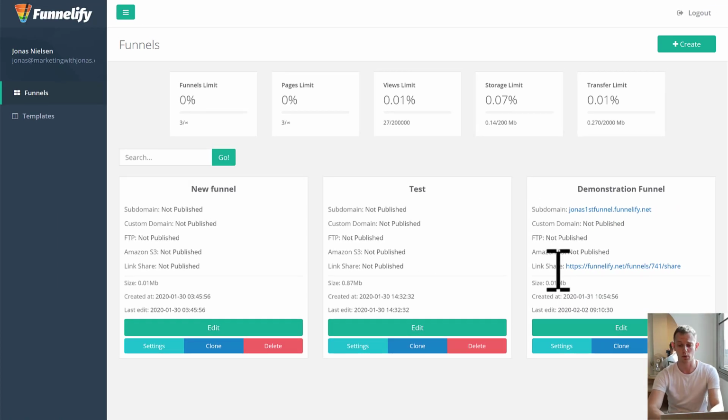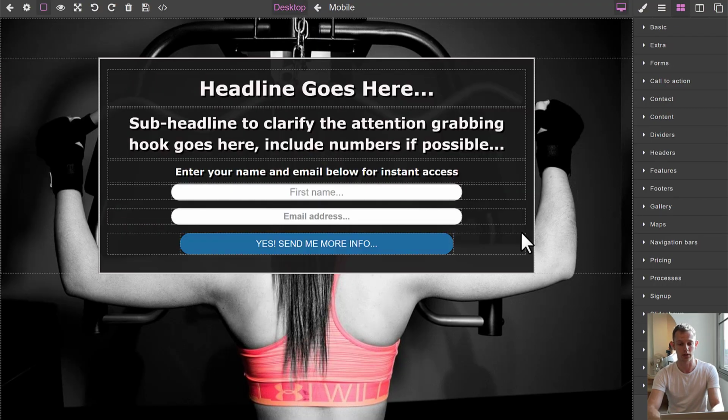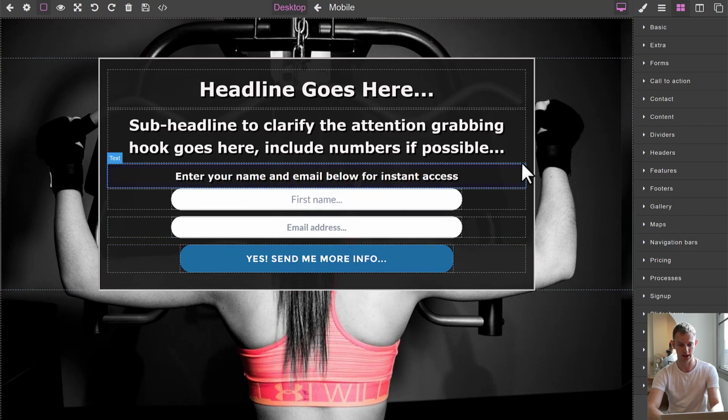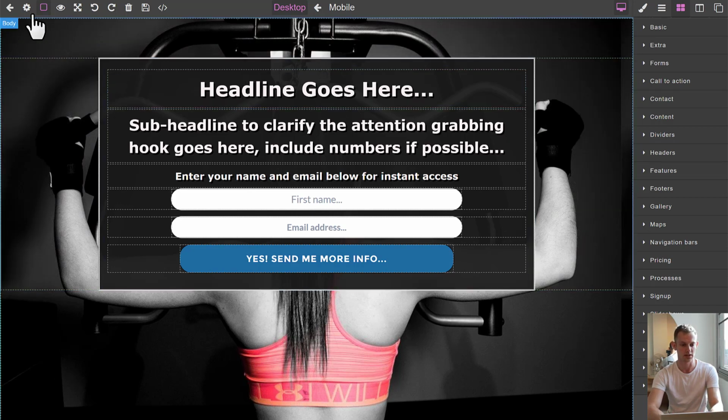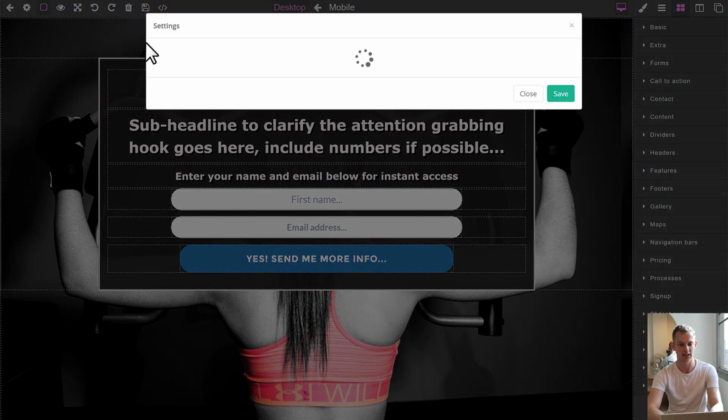I already built one funnel and I'm going to just go into that now, and then I'm going to explain how the dashboard looks and how it works and the basics of Funnelify, and then we are going to customize this that I already built, which is basically a template at this point built by me, and I'm going to share this with you as well as a bonus, because one of the features that Funnelify has is that you